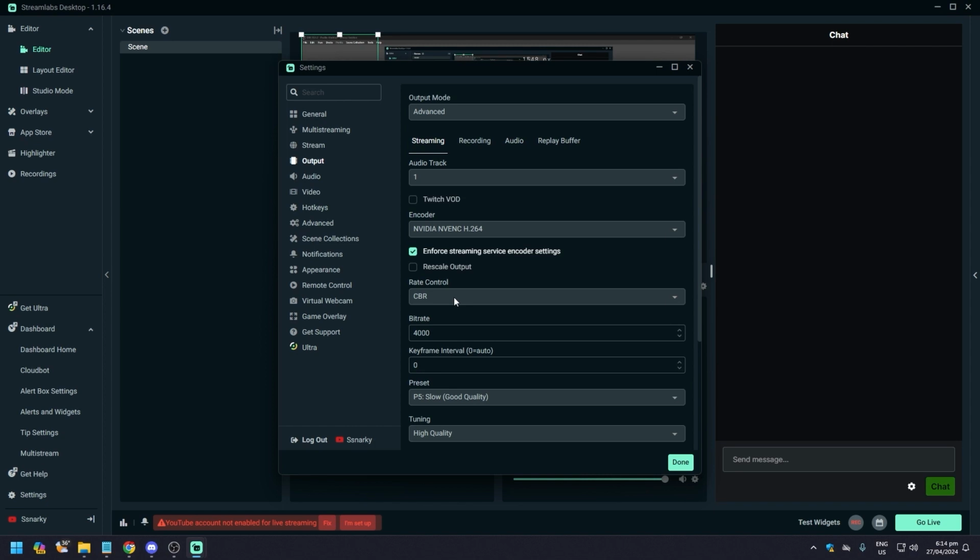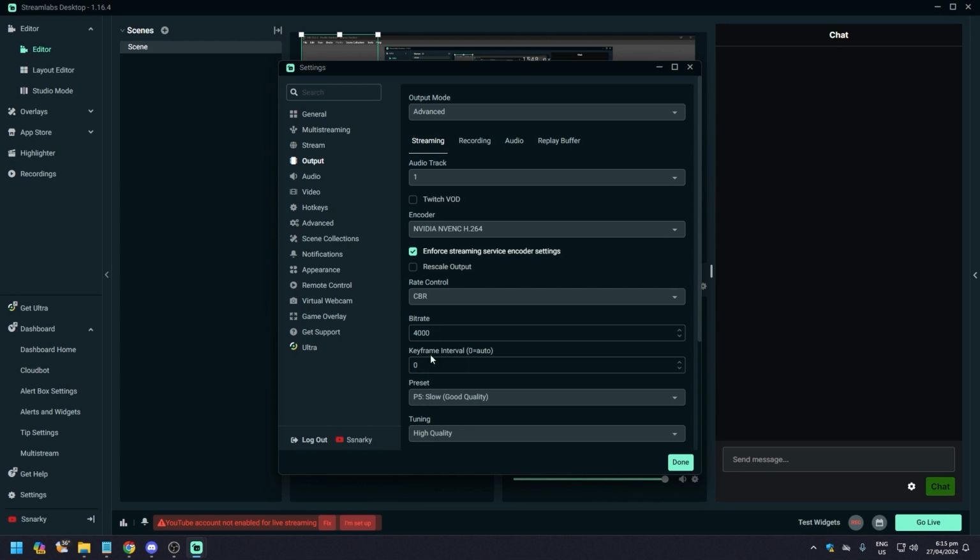So make sure you have that. If you can get fiber, if you can afford that, check your best ISP for that. So again, bitrate 4 to 6,000. We're gonna go for 4,000 in a somewhat decent internet speed. But if you have fiber and your service is very good, very strong connection, no DC, no issues, you can